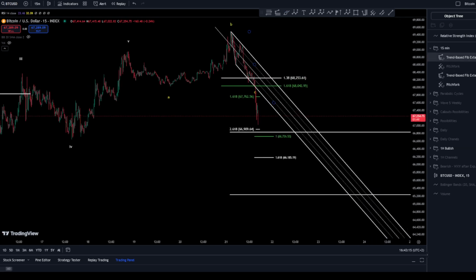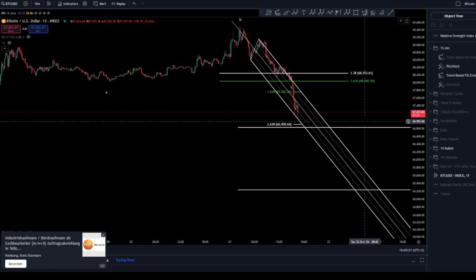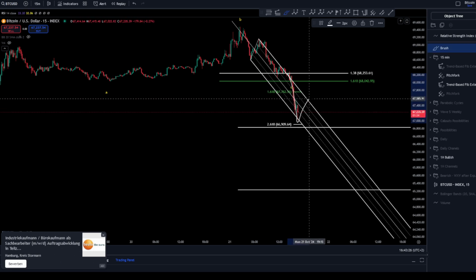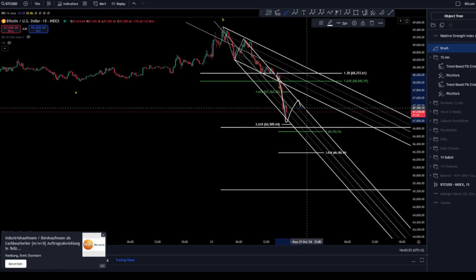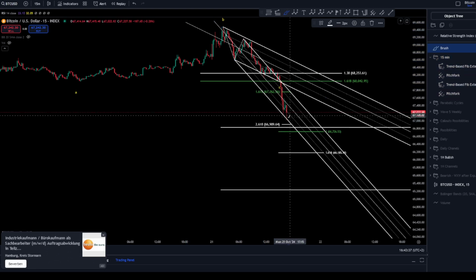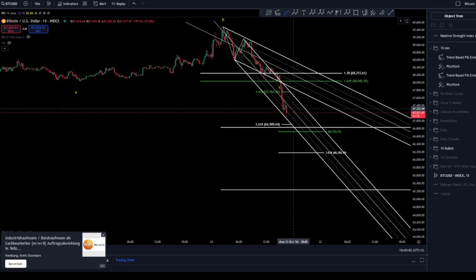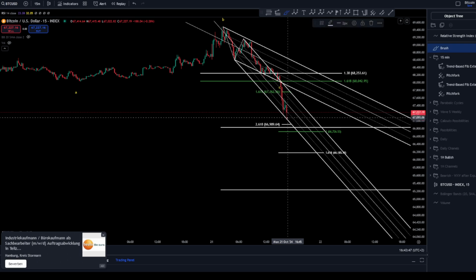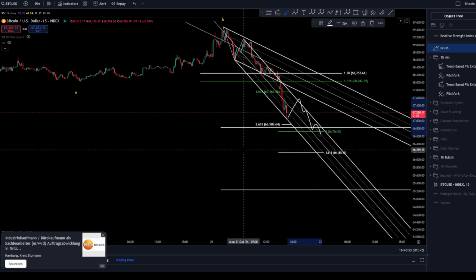In that case scenario also, you want to seek for your acceleration channel. As you can see, now your wave 3 is still inside the acceleration channel, and you want to hit the base channel again, where you want to see some retracement. It is very, very possible even that your wave 4 just hits the bottom of your acceleration channel and then it goes down again. So yeah, two possibilities where you might have this kind of a wave 4, or even a very fast and sharp one that can range directly towards the downside.